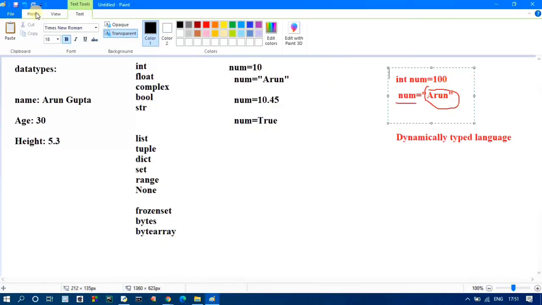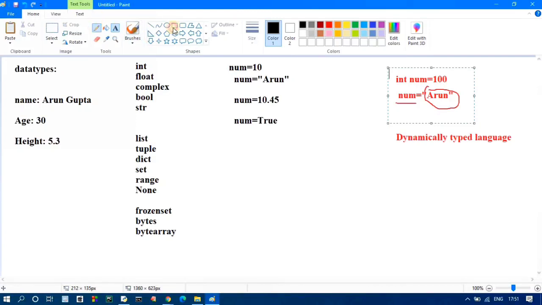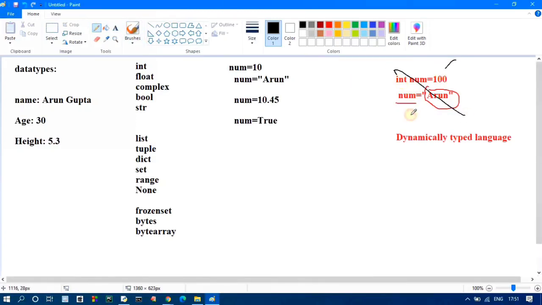We don't think about this concept. This is not for us, because Python does not use this concept. Python is a dynamically typed language. Just for the knowledge, remember one thing: a language where we need to specify the data type first before using a variable or assigning a value is called a statically typed language.